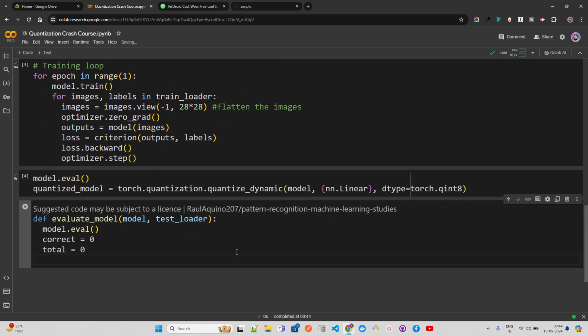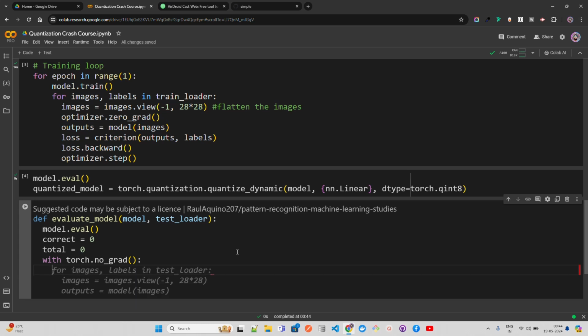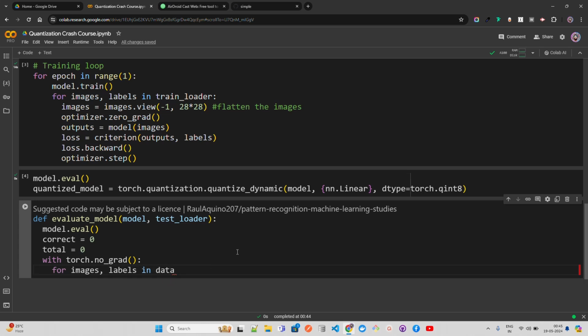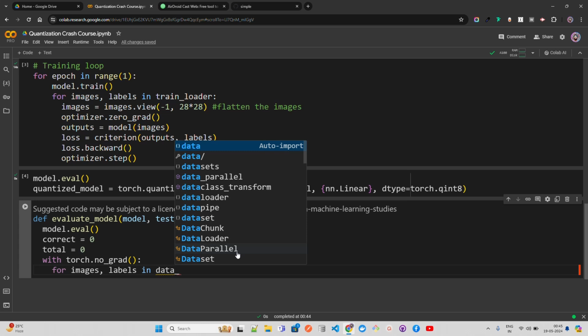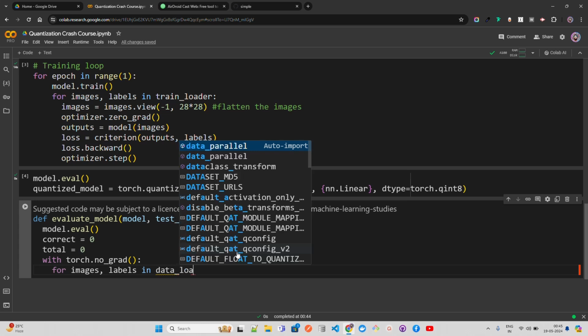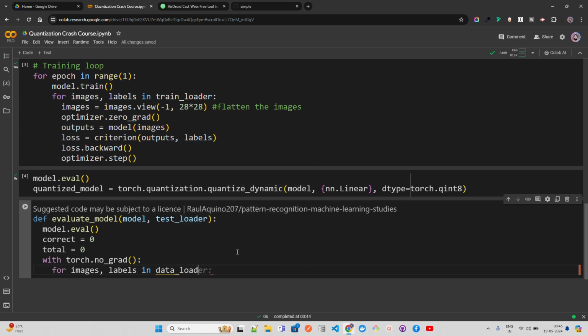And after that, with torch.no_grad, this is fine. This makes sense. Again, for images and labels, I want to keep the same terminology. So I'm going to call it data loader here. So let's do that. For images, labels in data loader,